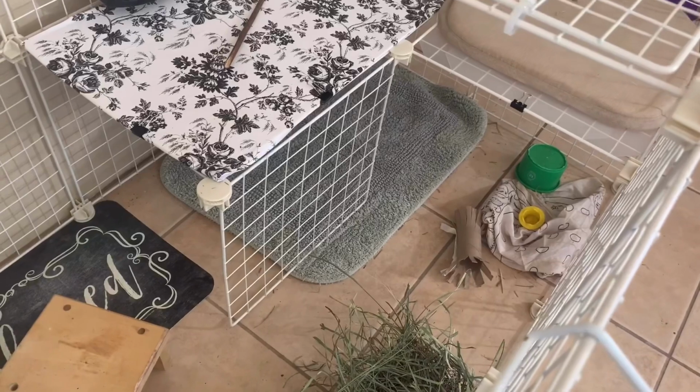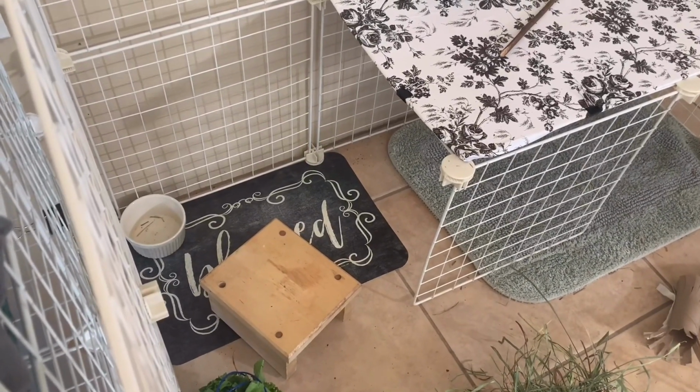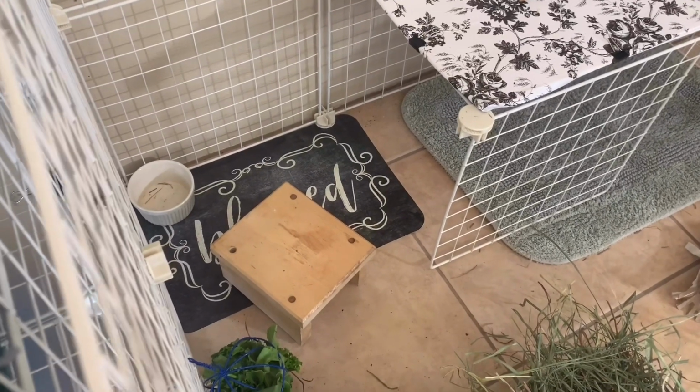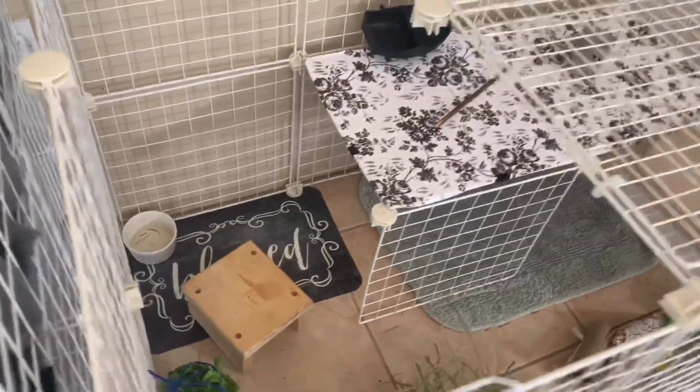I used a little rug for comfort. Then he has his little blessed food mat there that I put his water on. I put a little wood step up over there. And then if you come over here,